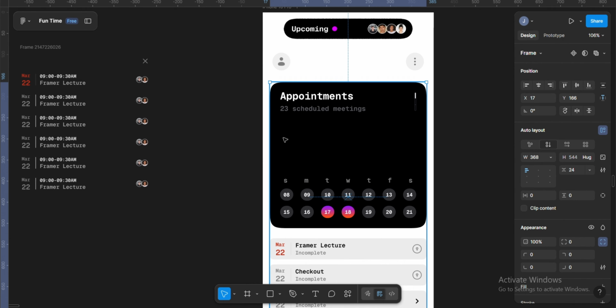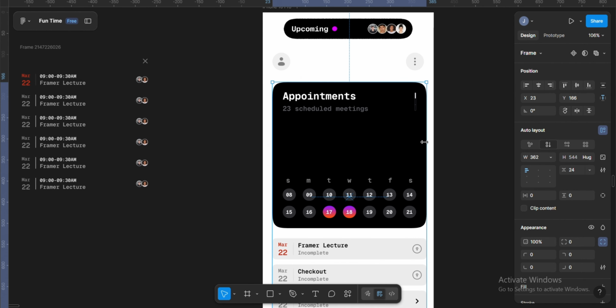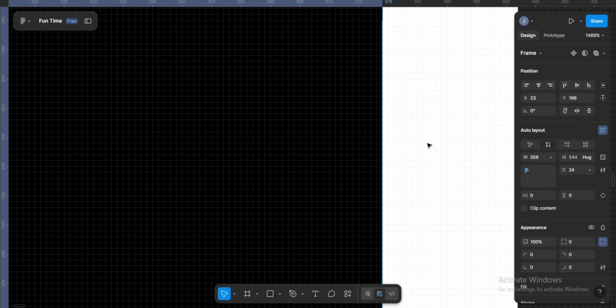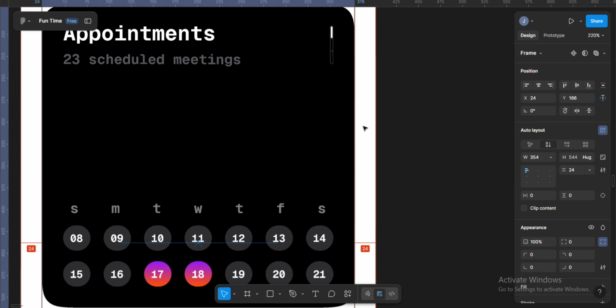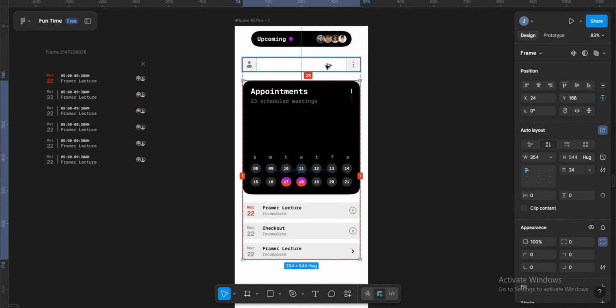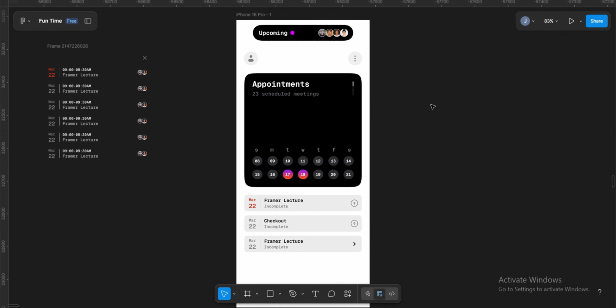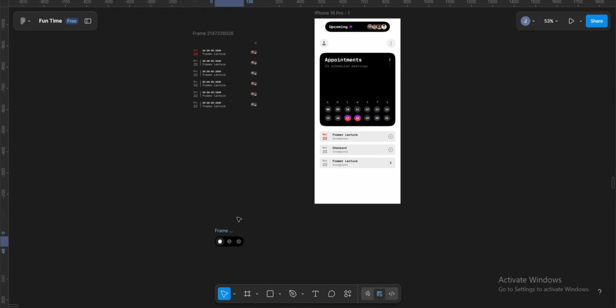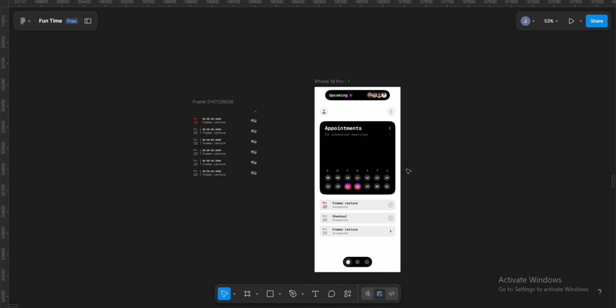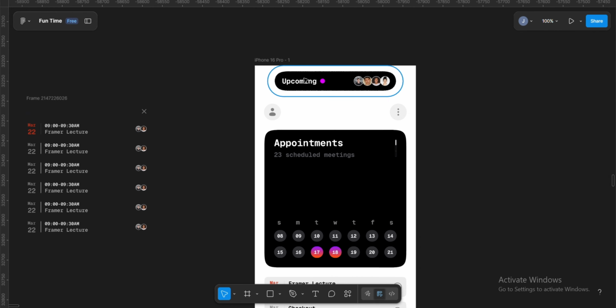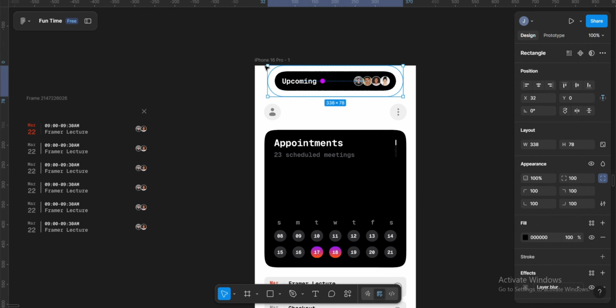Usually for mobile, I like to use a padding of 16 or 24. In this case, I'll be using 24. So I'm trying to make sure the spacing is accurate. Although this is just an animation video, it's good to have good practices to make sure that your spacing is consistent. So we have this, and then the last thing to do is to add the